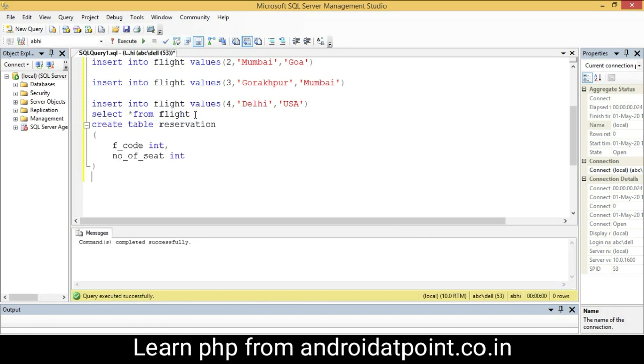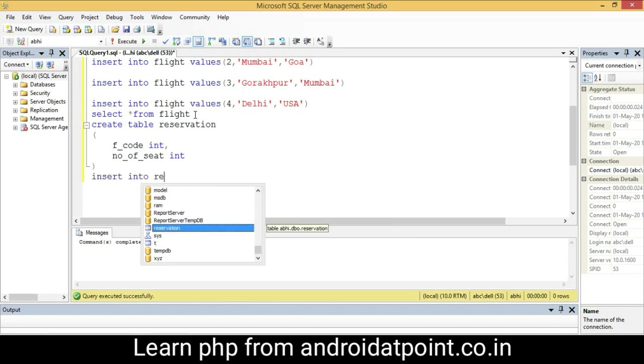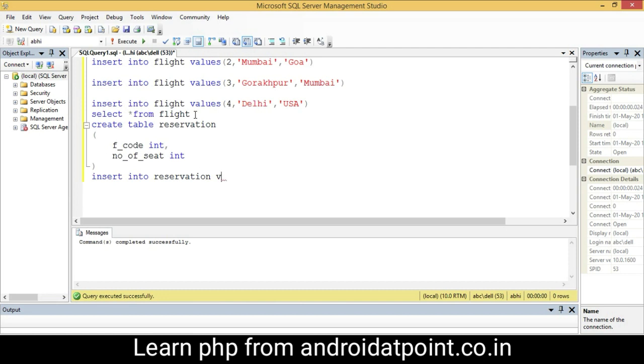Command successfully run. Next I will insert some records into the reservation table. Insert into reservation values, flight code 1 and number of seat 100. Select it and execute it. One record inserted. Copy it and paste it: 2 and number of seat 200.